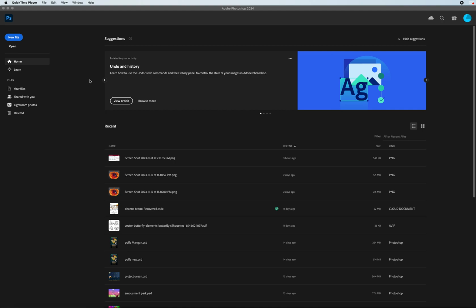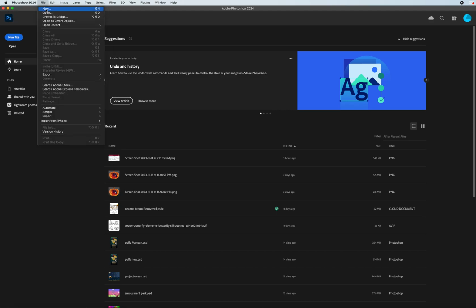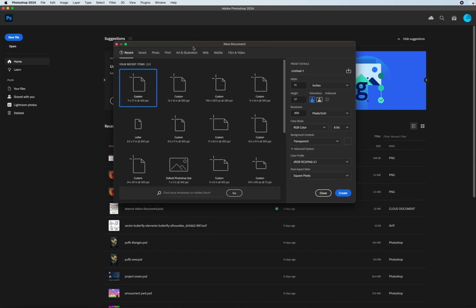So today we're going to get into creating a neon effect in Adobe Photoshop. To prepare our file, we're going to go to Photoshop and go either new file or go file open new, whichever your preference is. When I click on new file, it brings up the pop-up in which we can pick